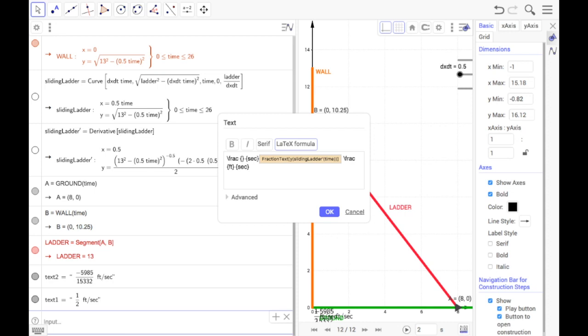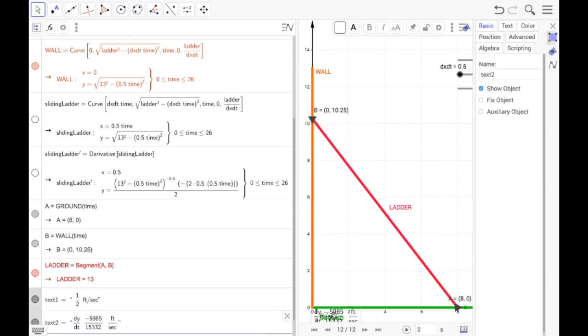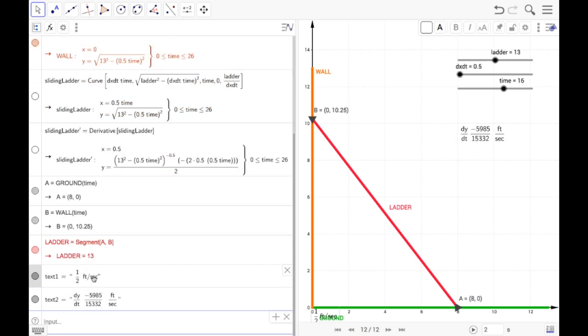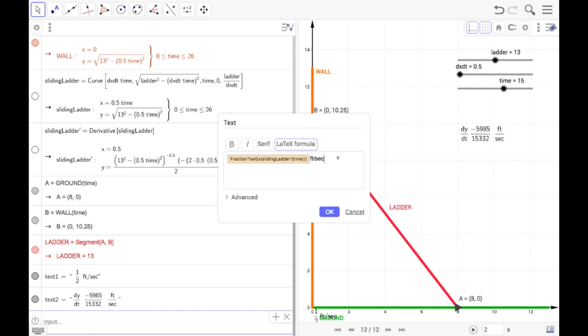and I want to do this for dx, I'm sorry, actually dy dt. Whoops, and let's press OK, and then let's pull this over. Let's get rid of these properties. Let's pull this over, so that there is for dy/dt, and let's do the same thing for dx/dt. So I've got that already in the buffer, so let's go ahead and paste that in there.